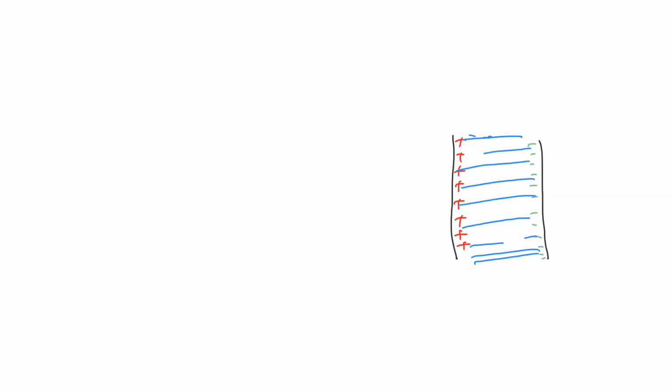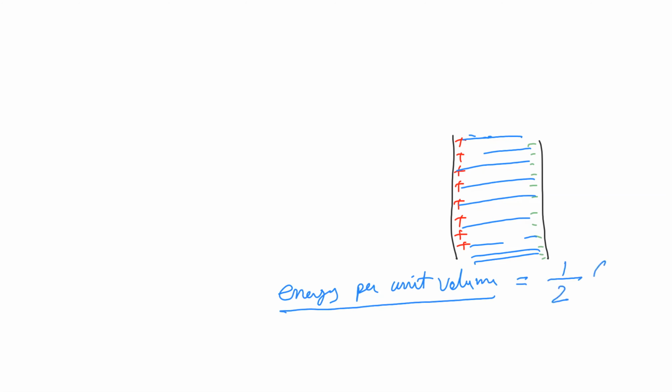Rakesh, keep yourself muted. Sakina, tell me, what is the answer? What will be the value of energy? More accurately, I am interested in energy per unit volume. We discussed this formula already. What is the formula for that? Half epsilon naught E square. Yes, very good. Only E will have the square. Half epsilon naught E square.